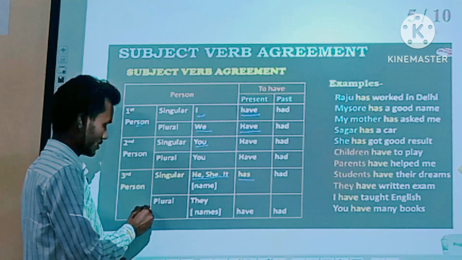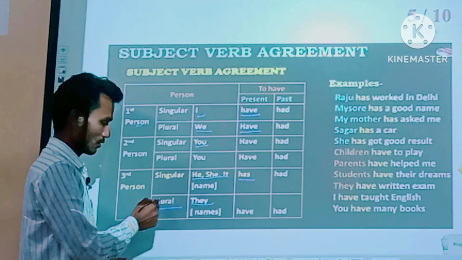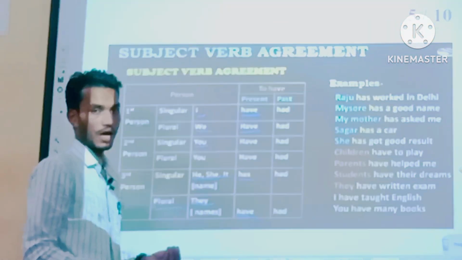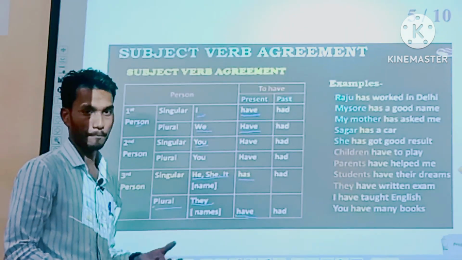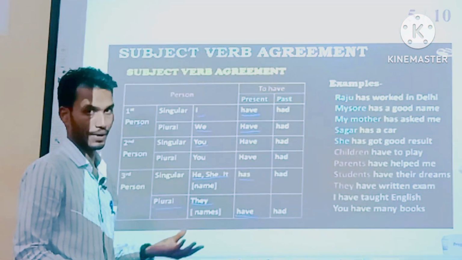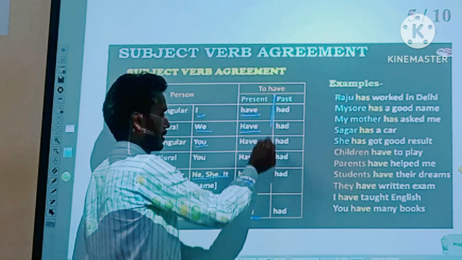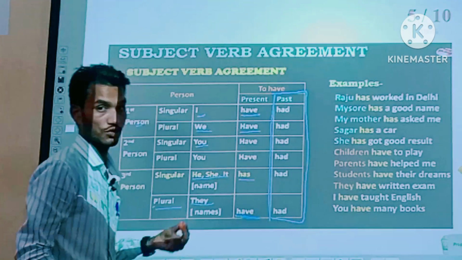Then they, third person plural. So here the have form should be used, right? Say for example, they have a pen, they have a pen, right? Have. But when it goes to past tense, the have form had should